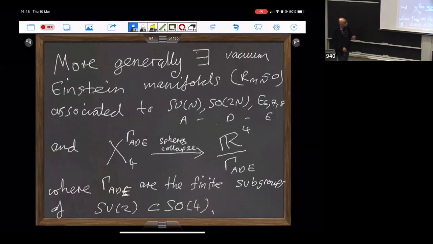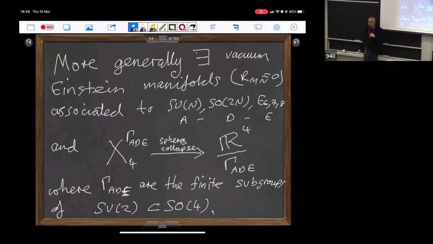And more generally, this picture generalizes to other groups. So there exist vacuum Einstein manifolds associated to the groups SU(N), SO(2N), and also the exceptional groups E6, E7, and E8. And there's a very similar picture. And this group of identifications of R4 that give you the particular kind of singularity, conical singularity,